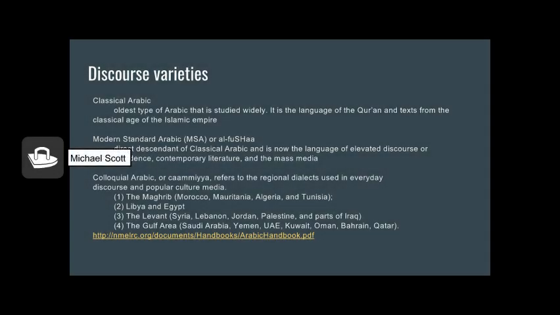Okay, this particular is on discourse varieties of Arabic. I believe Emily had mentioned that earlier in her discussion with the maps there, and this is a little more detail on that. Classical Arabic, the oldest type of Arabic that's studied widely. This is the language of the Quran, and different Arabic texts. Many of our early algebra and geometry books were written in this classical Arabic that we had gotten off of the